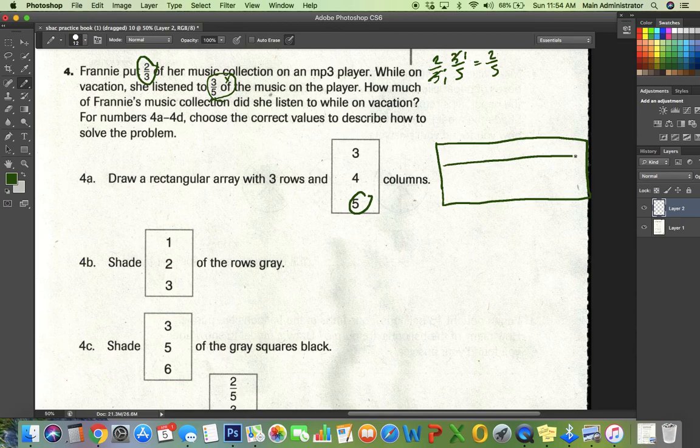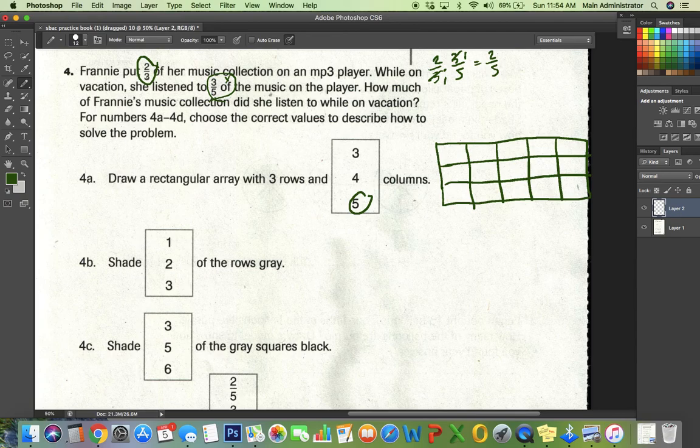1, 2, 3 rows, 5 columns. 1, 2, 3, 4, okay? So I did that, check. Shade how many of the rows gray? Okay, well, if I'm looking at this, I've got 5 going this way. That's the last number, the denominator in this fraction. And then I've got 3 rows going this way, and that's the denominator in this fraction. So if I'm looking at the rows, and rows go this way, I'm going to shade 2 of those rows